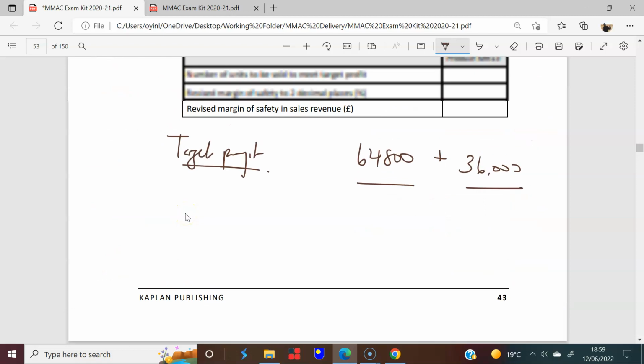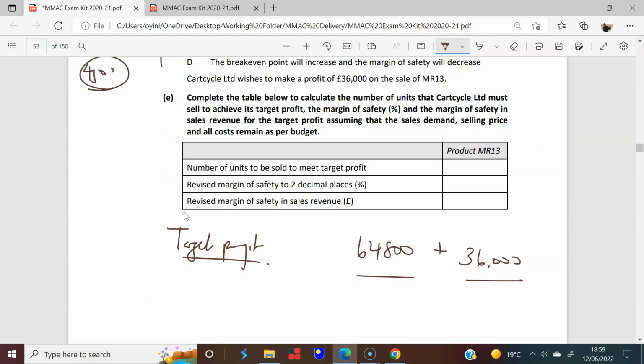So in effect, what are we saying here? After covering fixed costs, you now also have to cover this target profit, right? So in effect, you could just add the two of them and divide them by the £14.40, and you will have the number of units that need to be sold in order to cover that. So if we do that very quickly, we have